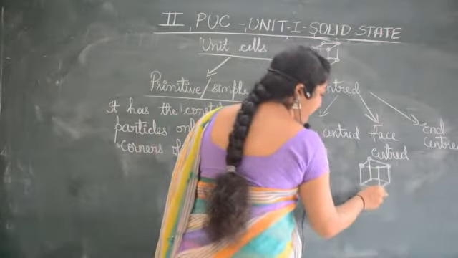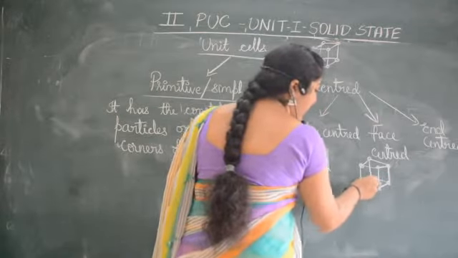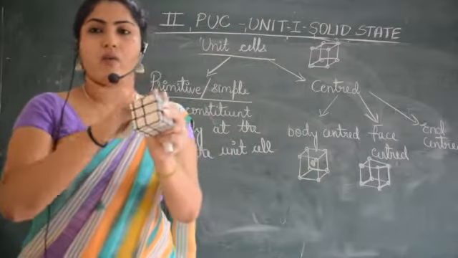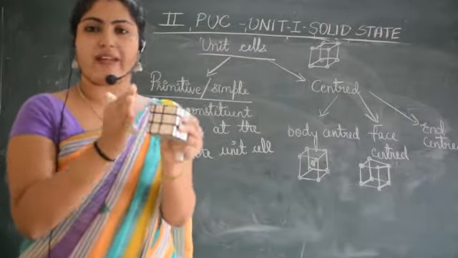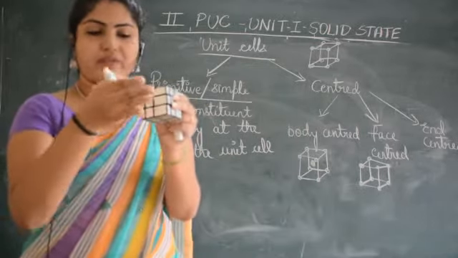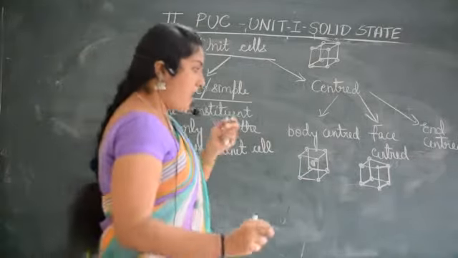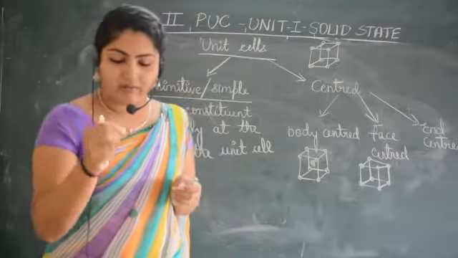4, 5, 6, 7, 8. How many faces are present? I've told you there are 6 faces. Again, 1, 2, 3, 4, 5, 6. Up, down, front, back, left, right. 6 faces. Along those faces also, at the center of each face,